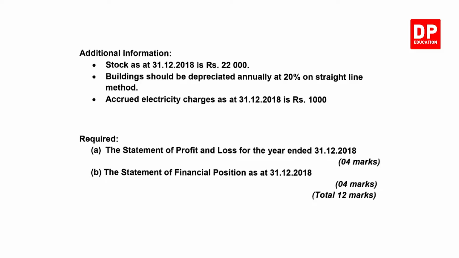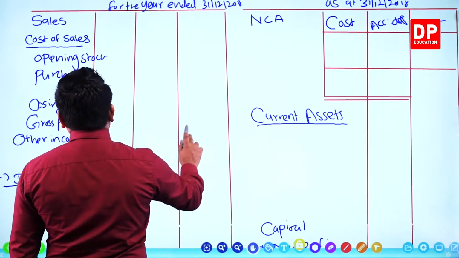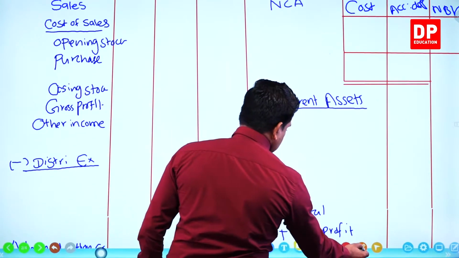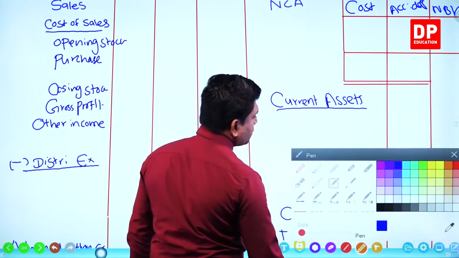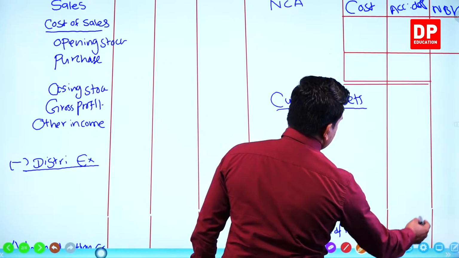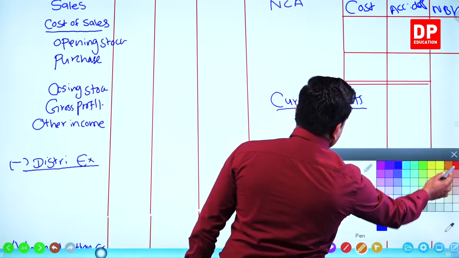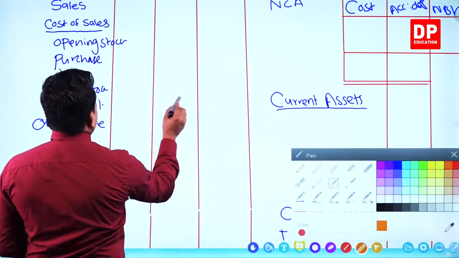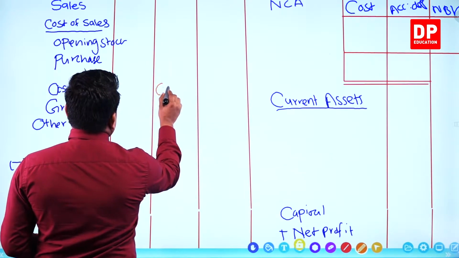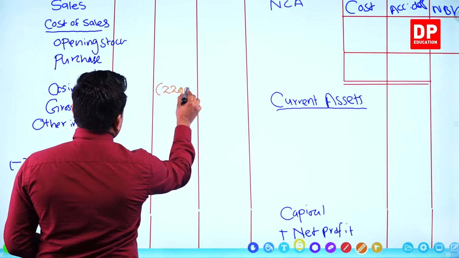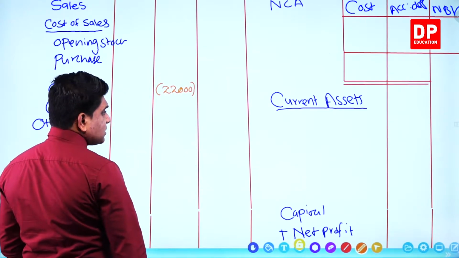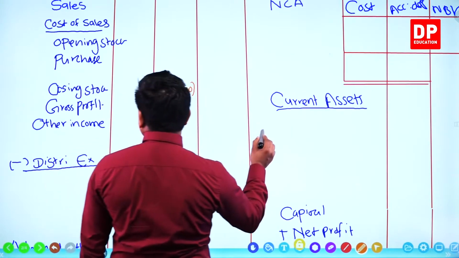Stock, end stock, you know, 22,000, right? It goes two places where it goes to calculate cost of sales. I choose another color to do the adjustments, right? Then you can see very clearly. Yeah, closing stock 22,000. Here you put brackets, 22,000 within brackets, right? Where's the other place? Other place is current assets. Here closing stock.